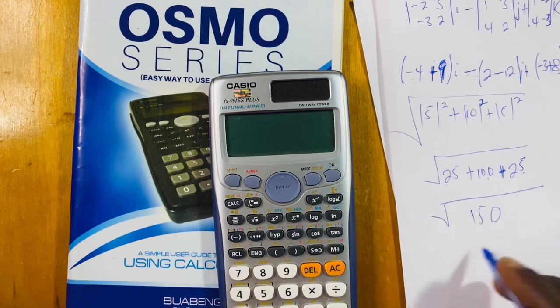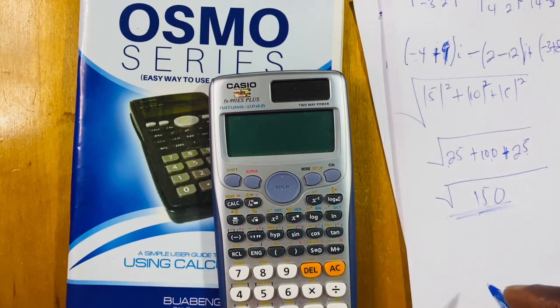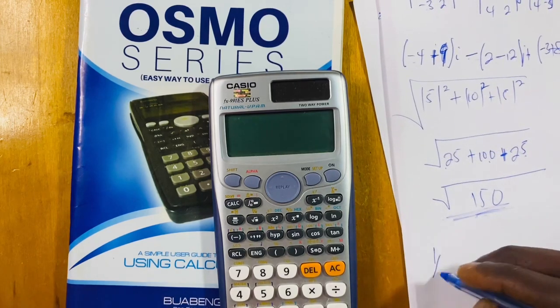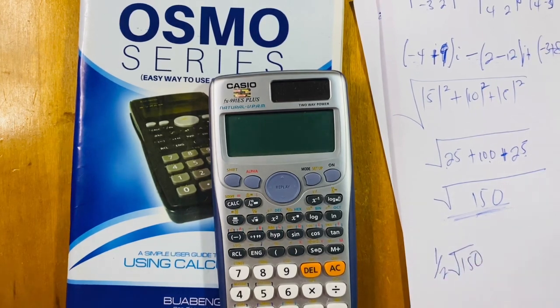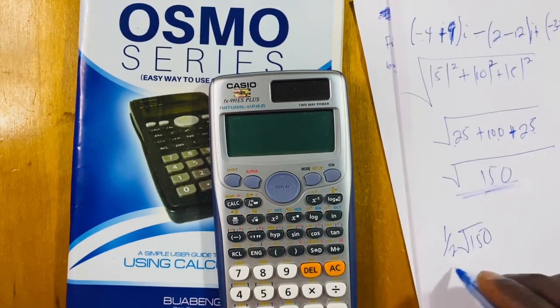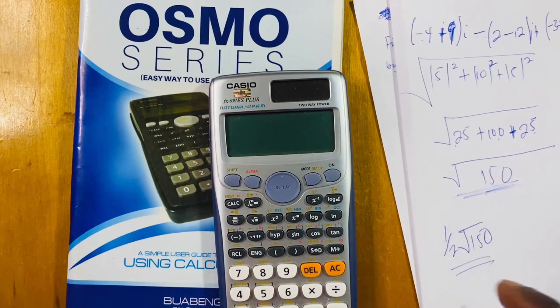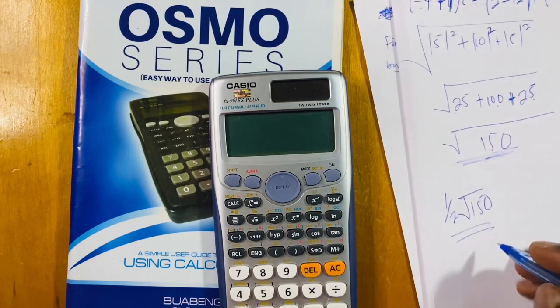Now we have 150 divided by 2. So now it's half root of 150. And this is the answer. Now when you have this one, it's going to be